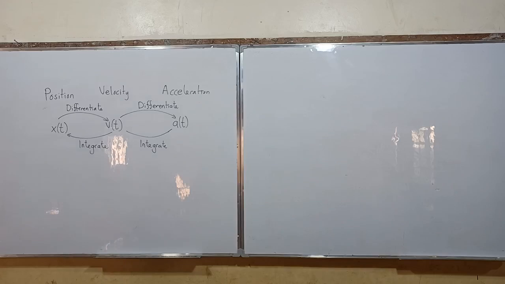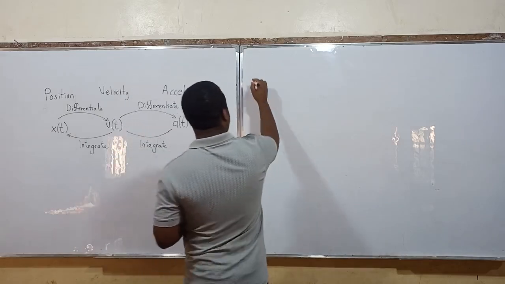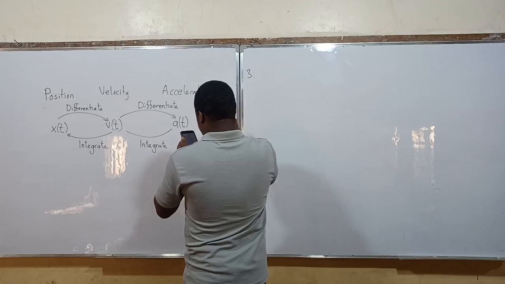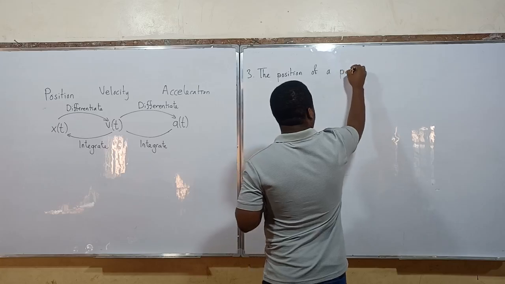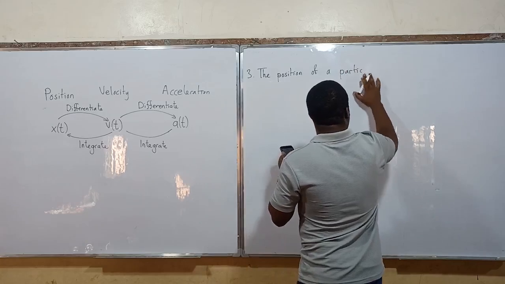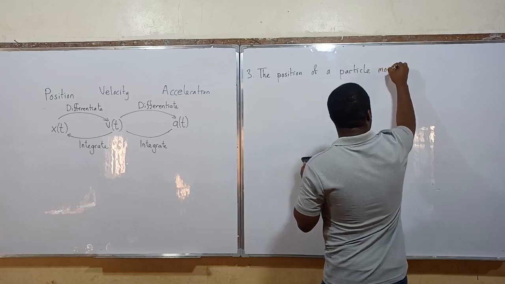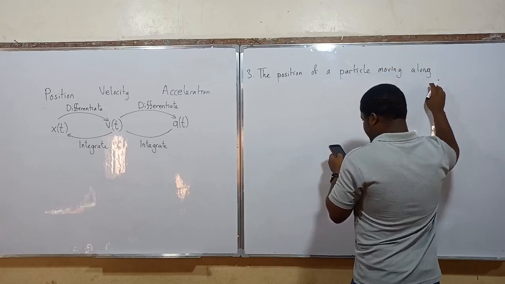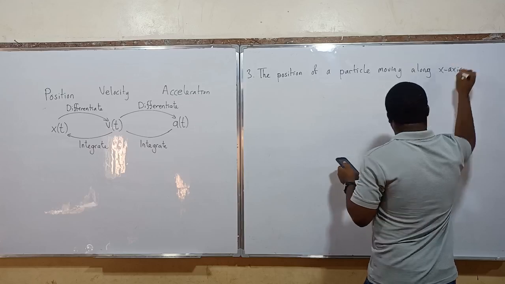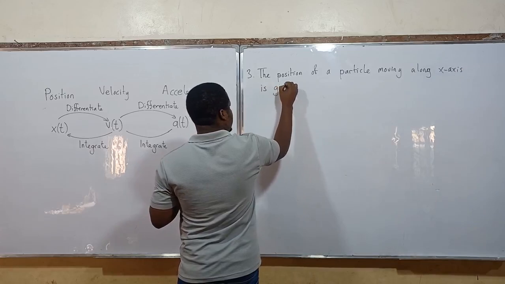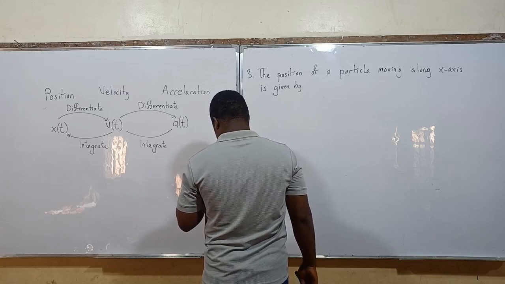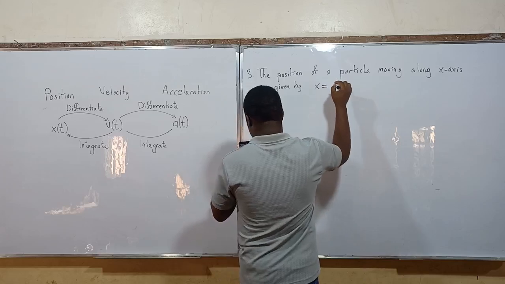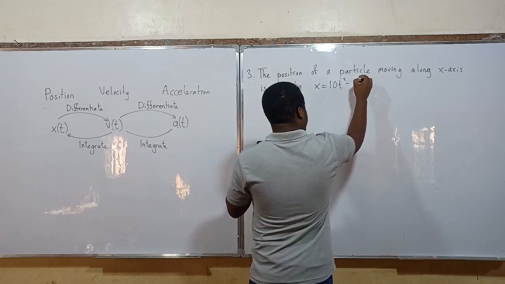Please write down question 3. The question reads: the position of a particle moving along the x-axis is given by x is equal to 10t squared minus 5t,